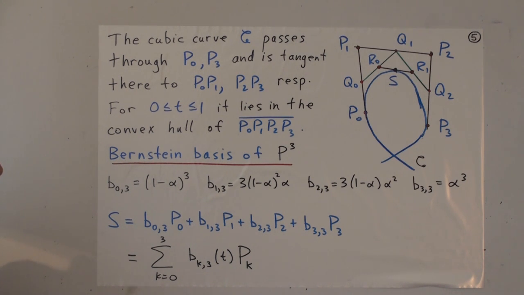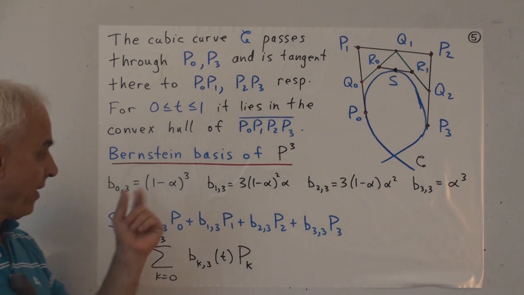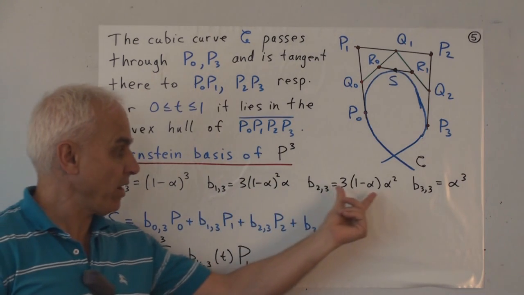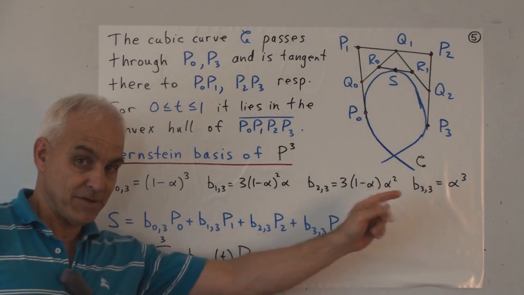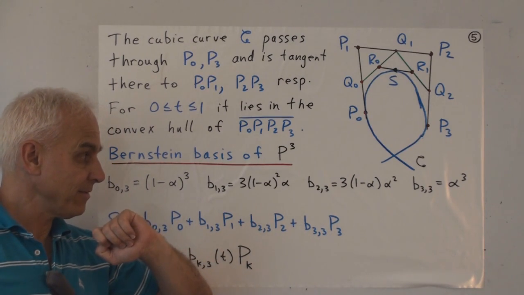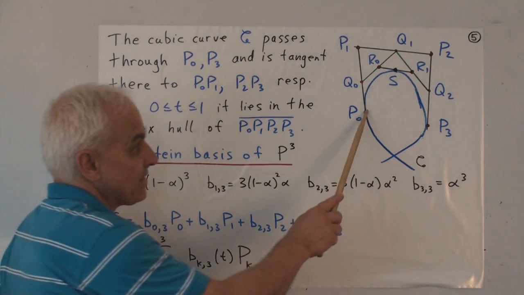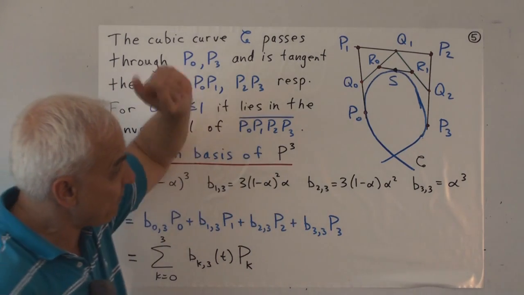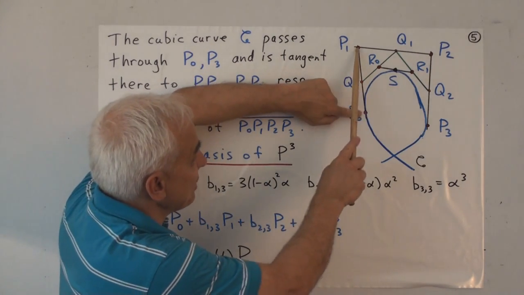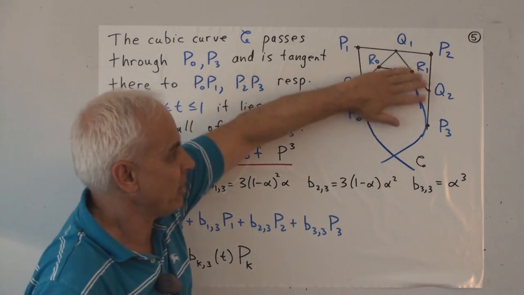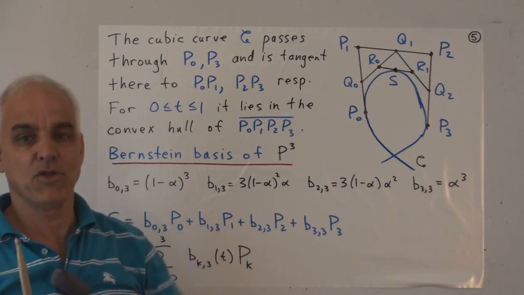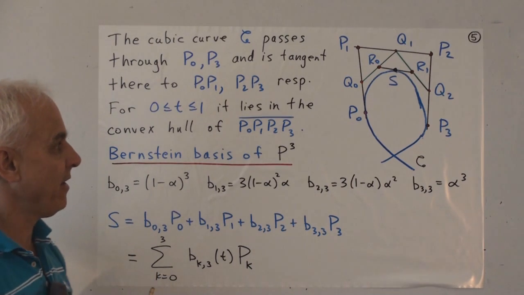That's also showing that, in fact, the curve, when t is between 0 and 1, then each of these quantities is always positive, and they add up to 1, just as in the quadratic case. So the curve necessarily is in the convex hull of now 4 points, the 4 points P0, P1, P2, and P3. So if we draw a box, that solid box formed by those 4 points, the curve always lies in that box.